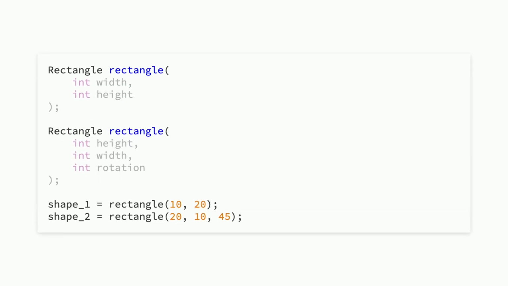And going one step further, the same issue is what can cause function overloading to be harmful. For example, both of these are valid function definitions. The only difference being the ordering of the parameters. But as soon as we remove the rotation of the shape, dimensions are now different because that function falls back to the other type definition. Without having to reference the signature of the functions, there's no knowing whether the arguments are set correctly.